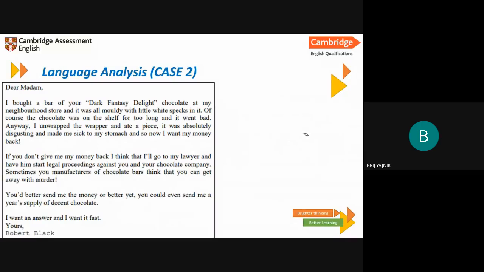I mean, where do you think he is making a very hyper point where you can say that, oh, this is too much? Can you point that out? Where is he saying that? Yeah, customer Robert Black. Yeah, he is rude. He is very rude. But can you point out, can anyone point out where he is crossing the limits of being rude?